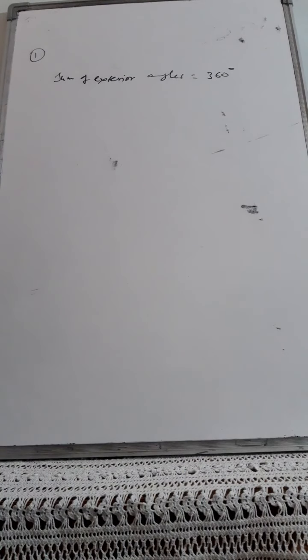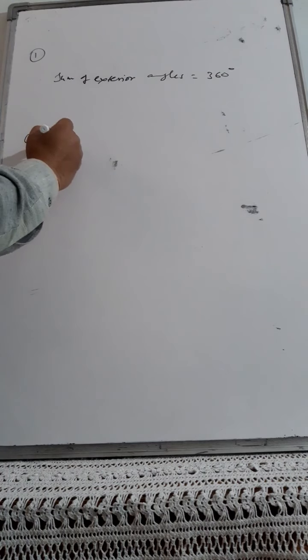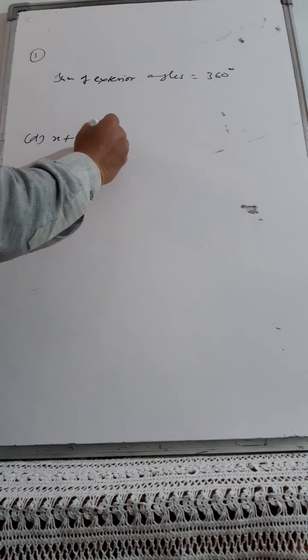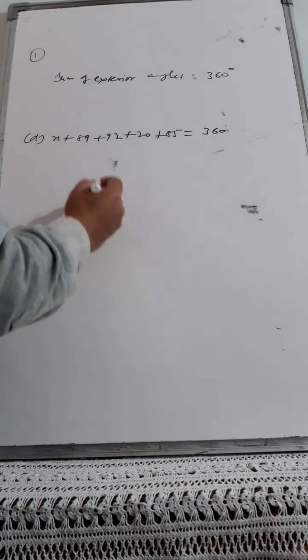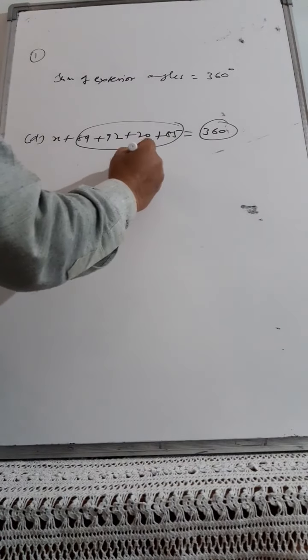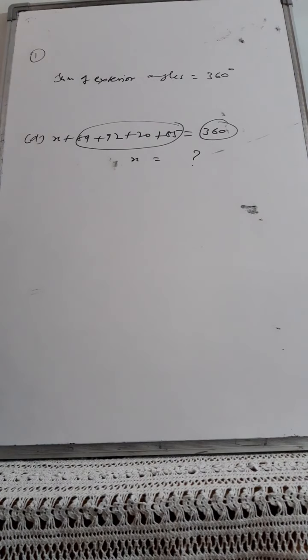Go through those 10 points, and whatever figure you pick, suppose I am picking the D part, x is there, then move anti-clockwise or clockwise, that is your choice. 89, then 92, then 20, and then 85. All these angles sum to 360 degrees. Add up all these and subtract from 360, and you will get the value of x. I hope all of you can do that calculation. In the same manner you have to proceed in all four figures. I don't think any of you will find difficulty.